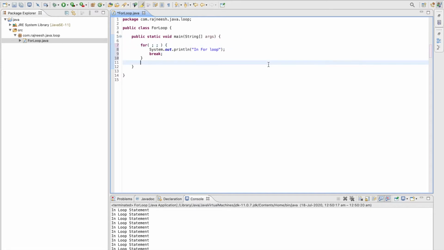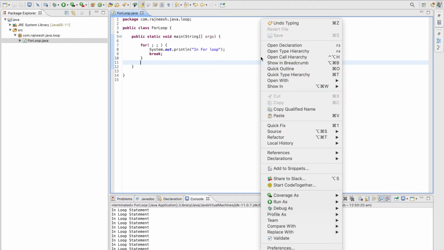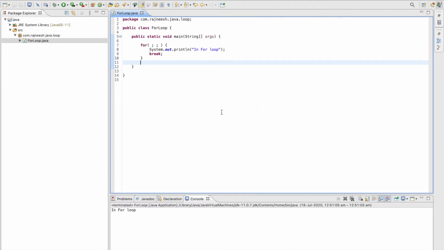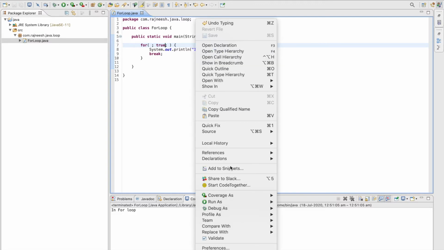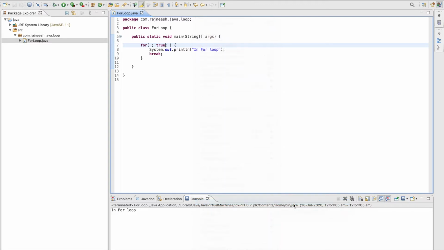If we put a break, you know that it will break the for loop and exit it. So here it is writing in for loop, and after that we will put the condition true here and run it again. It will show you the same message as the condition is true there.